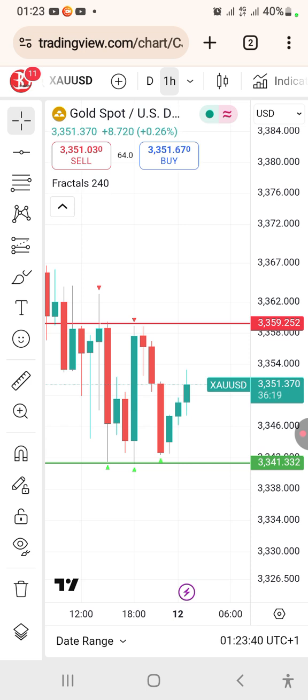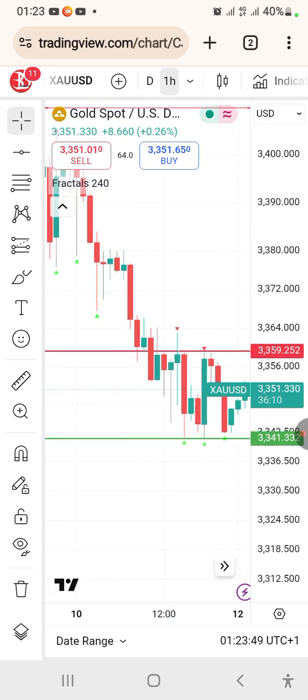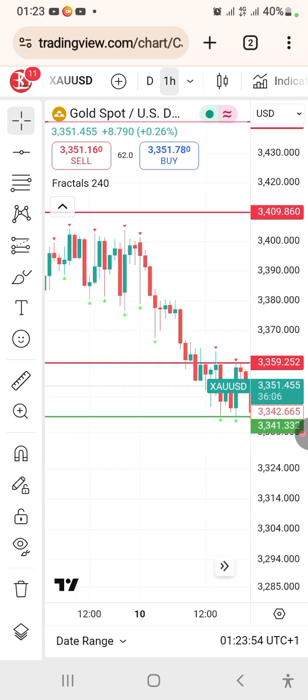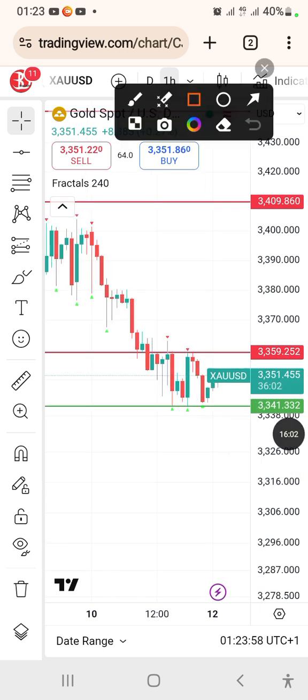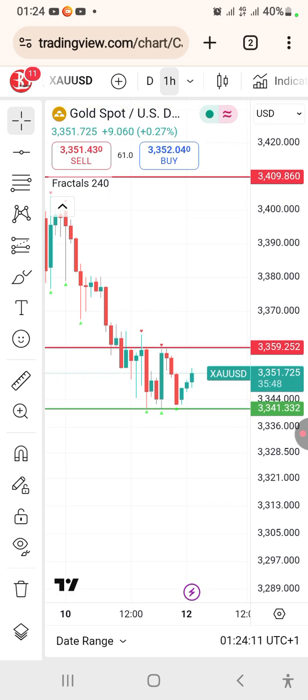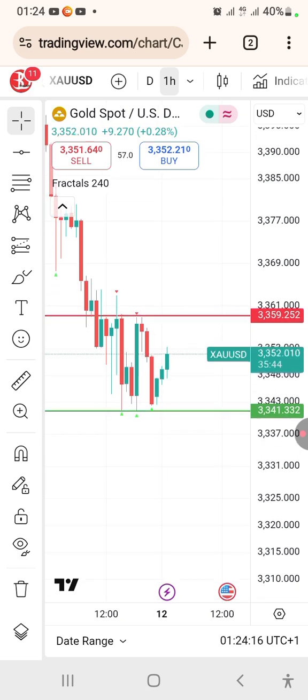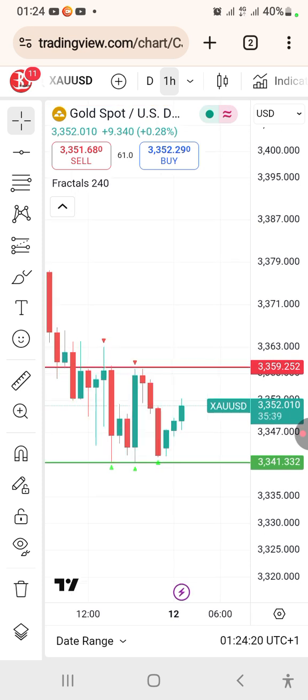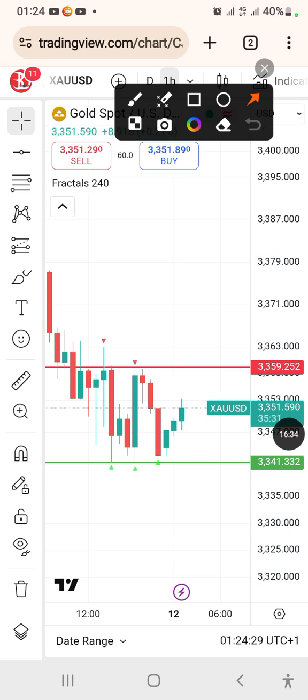market has been selling. So that's why you're seeing the lower high and then the lower low. If you look at the market, the market has been selling. So see the downtrend. So with this observation, all you need to do, for those of us that want to trade the 1 hour time frame, is this: as long as this market cannot beat this lower high, then you know that the market is going to do what? Give you